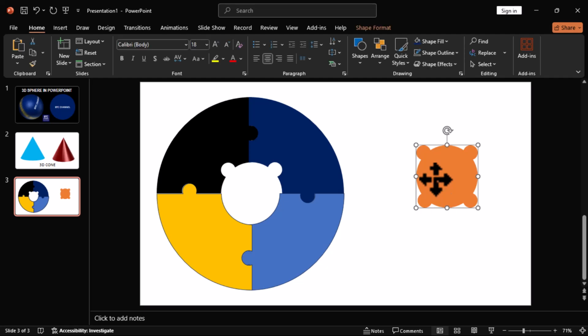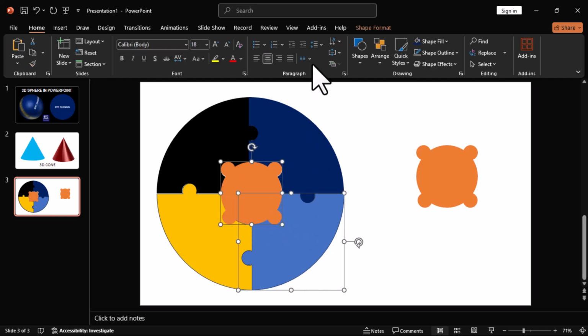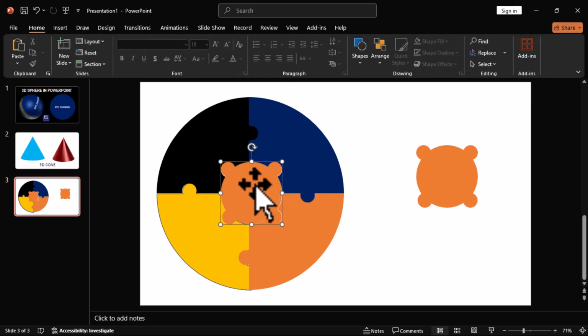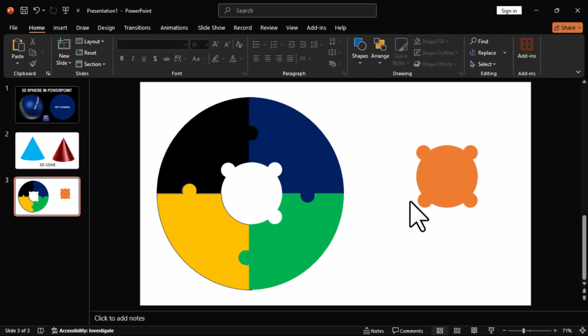So we are going to move this to the middle and then continue the process. You select, hold down, choose shape format, and then we are going to have merge shapes and choose fragment. I'm going to delete this and this. I can change the color to my preference. Very beautiful. And then the last option,